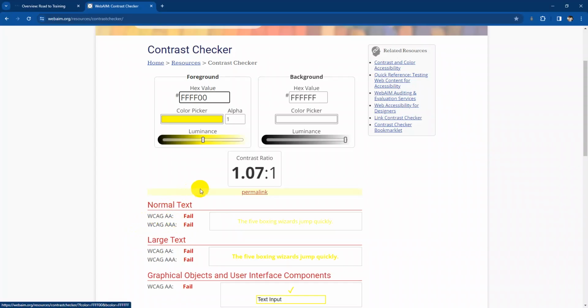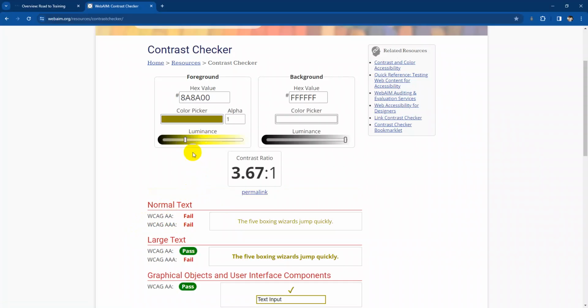So in order to pass AA, I can just go ahead and slide down this luminance. And as you can see, I passed AA for only large text and graphical objects and user interface components, but that's not what this is. So I'm going to keep dropping it down until I can pass with normal text. And I only passed AA at 4.88 to 1. And it's also changed how bright this yellow is, and so it's slowly turning almost into like